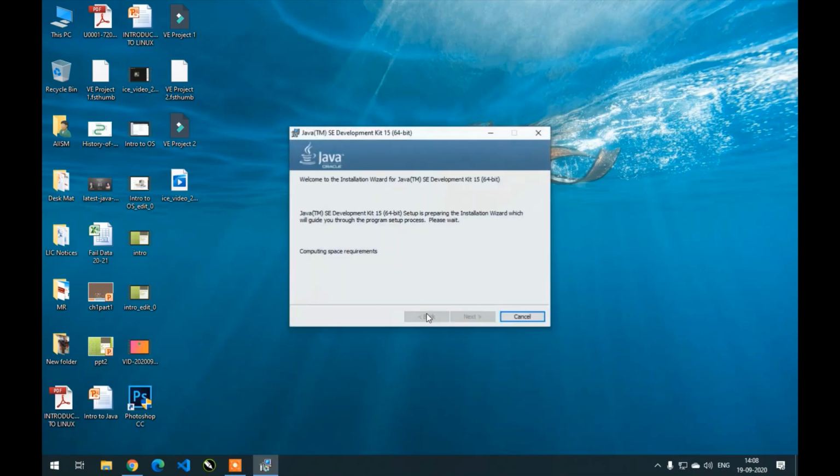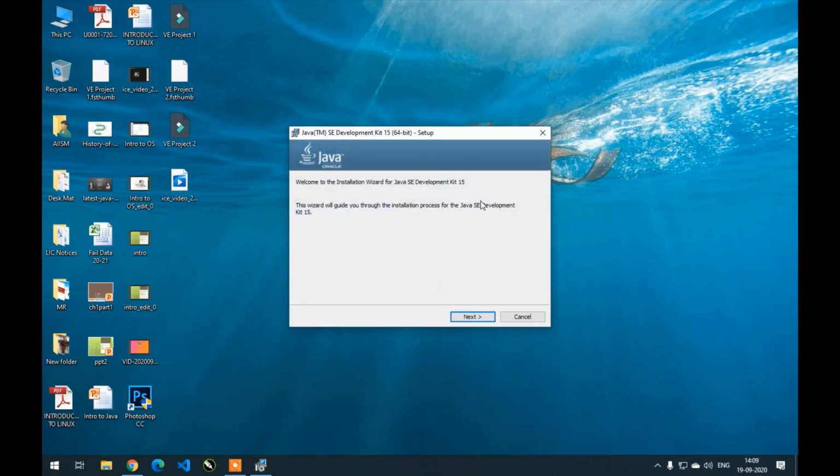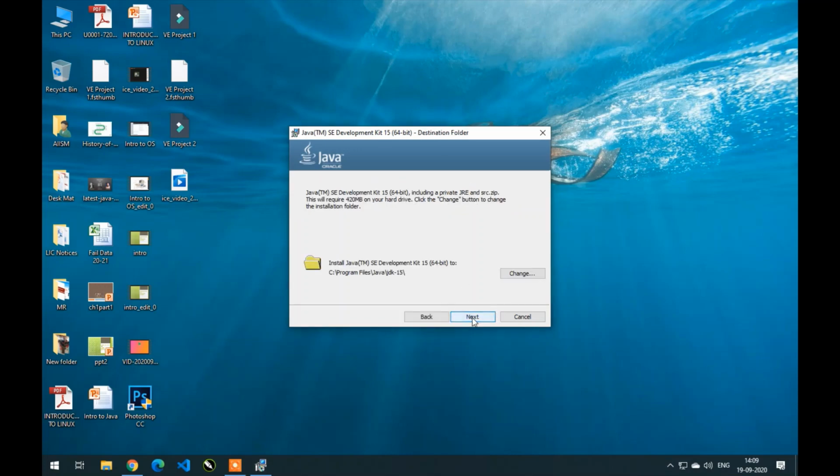It will take some time to install. Here it will prompt a message that Java Development Kit 15 is being installed. I'll say next, then next again.